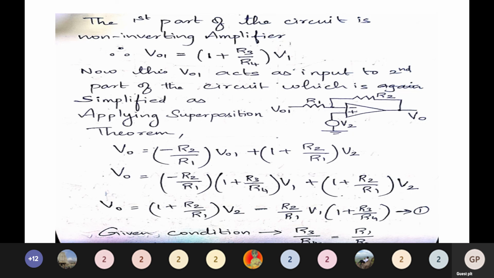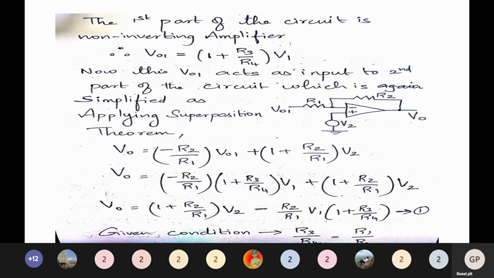It is like a subtractor or a differential amplifier, which we are going to see in the next topic, as I said. Just remember, when you have input to both the terminals of the op-amp, the circuit will act as either a subtractor or a differential amplifier based on the resistor values. Here also I have two inputs, one given to the inverting terminal and the other to the non-inverting terminal. So let's see what happens.